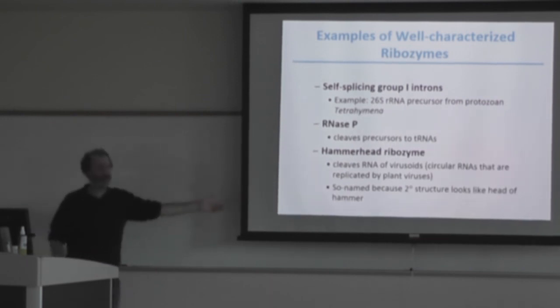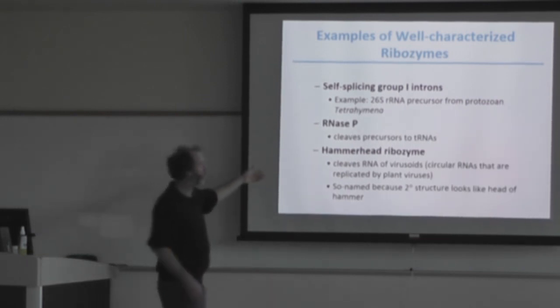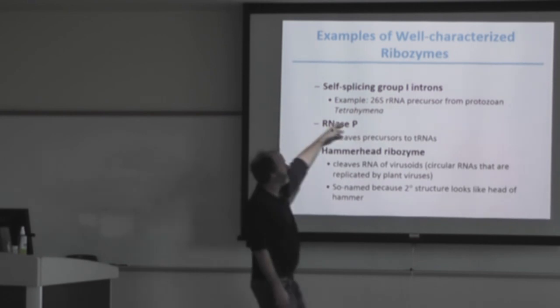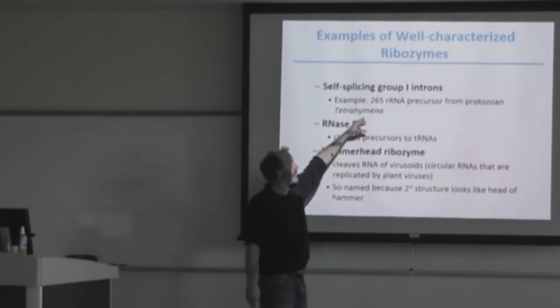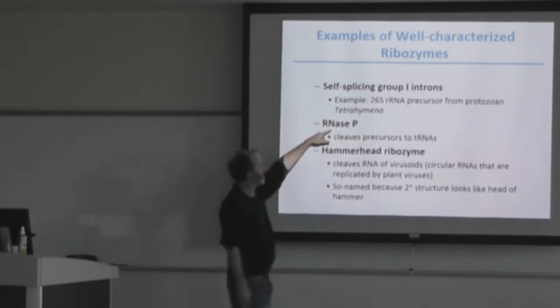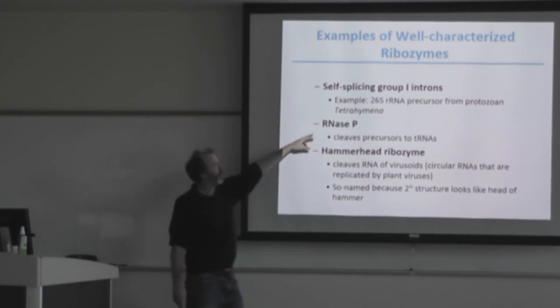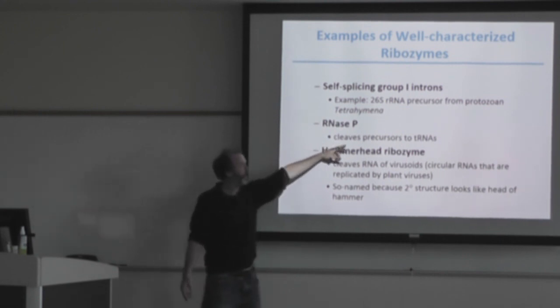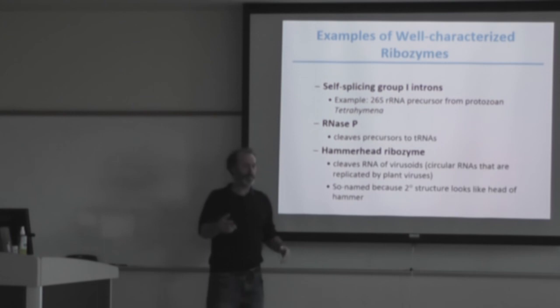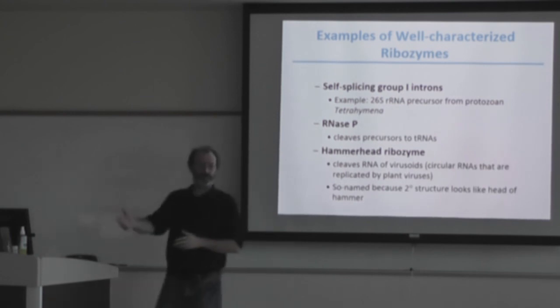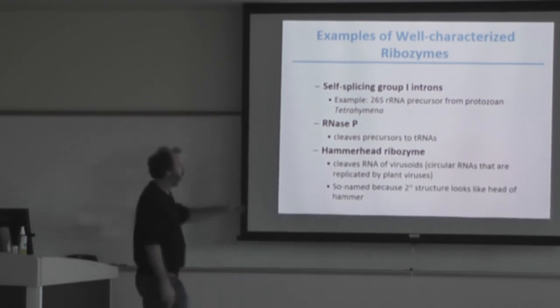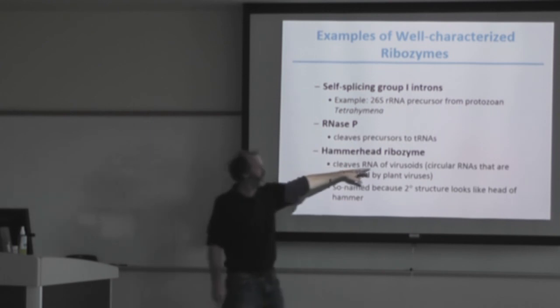These self-splicing group 1 introns show this, for example the 26S rRNA precursor from Tetrahymena. RNase P is another example, which cleaves precursors to the tRNA. So it's a ribozyme that cleaves other RNA. Hammerhead ribozyme cleaves RNA